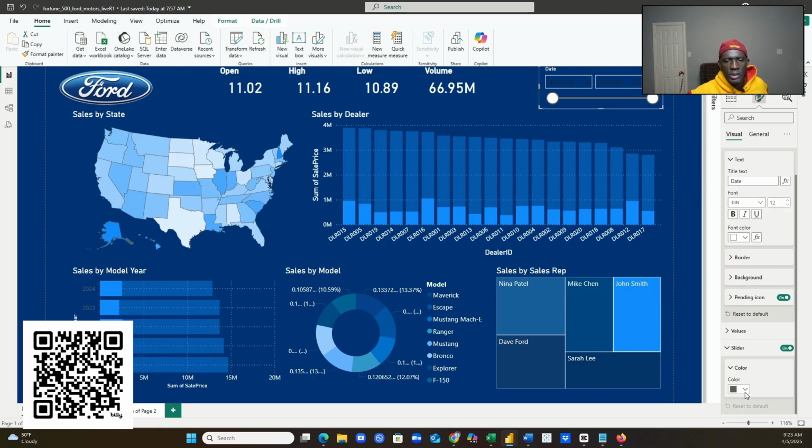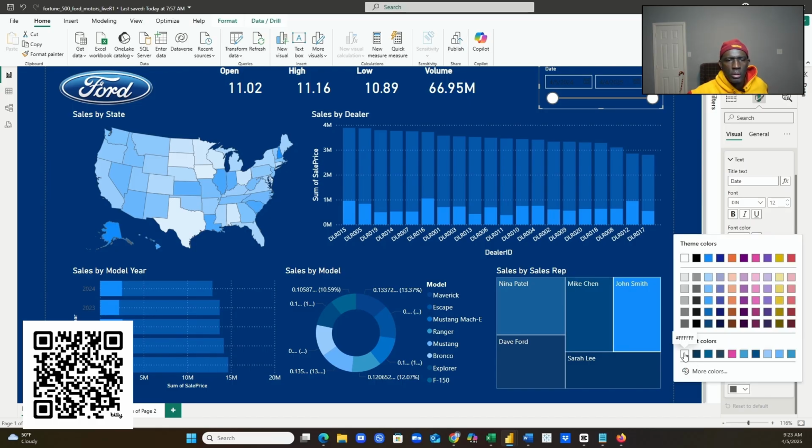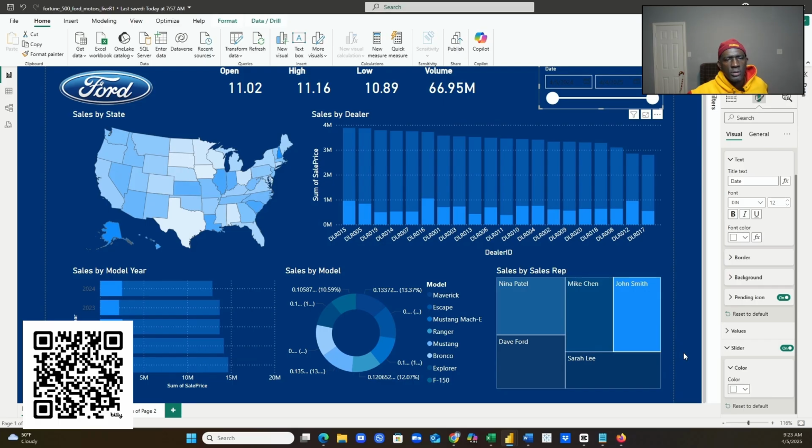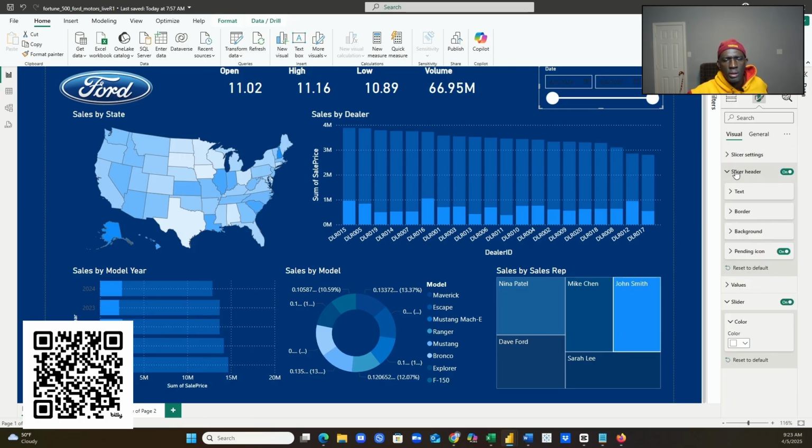Let's see if we change these colors to white, so the slider's white. Text. Let's see. Slider settings, text,